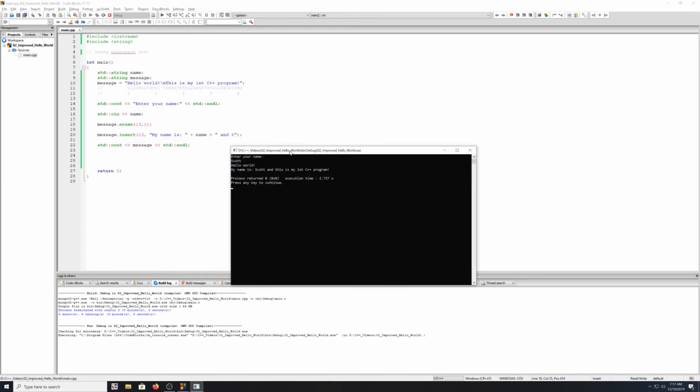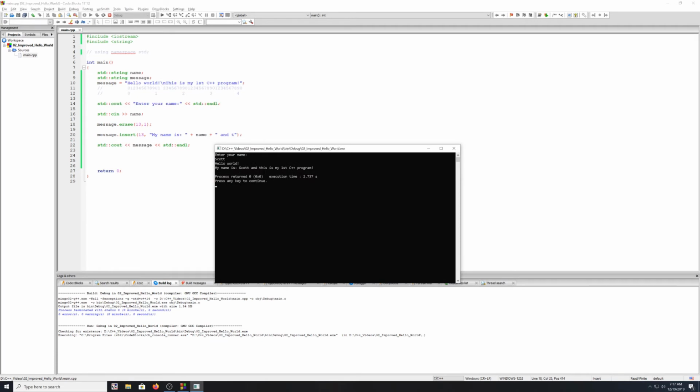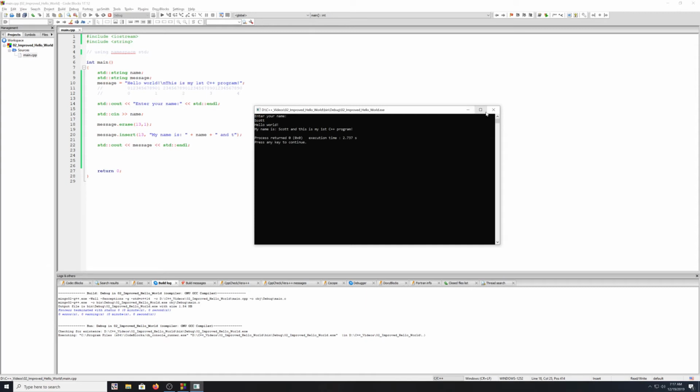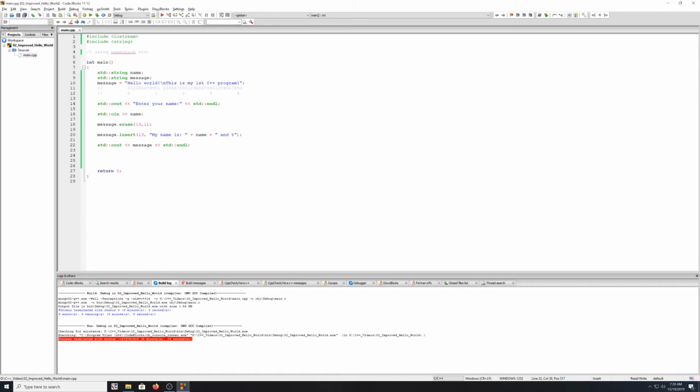Notice we took care of the space down here. We added the small t, and here we took care of the large t. So we're starting to get some improvements here. Let's see what else we can do. Okay, one more thing we could probably do is